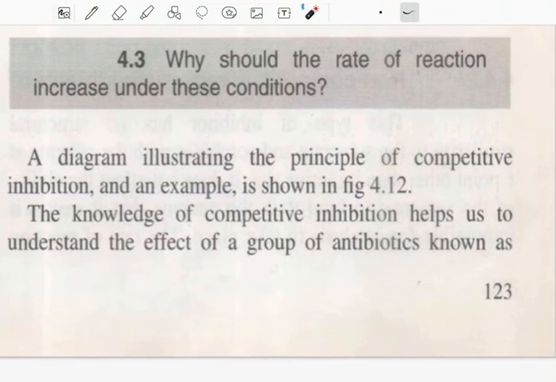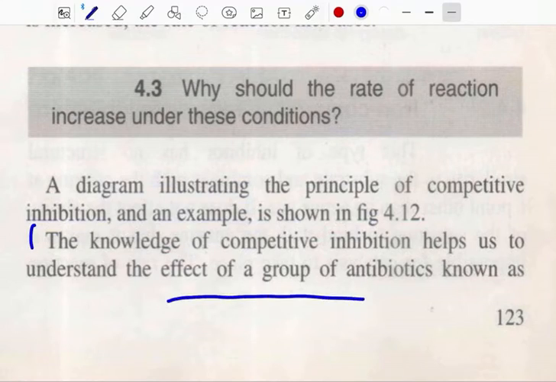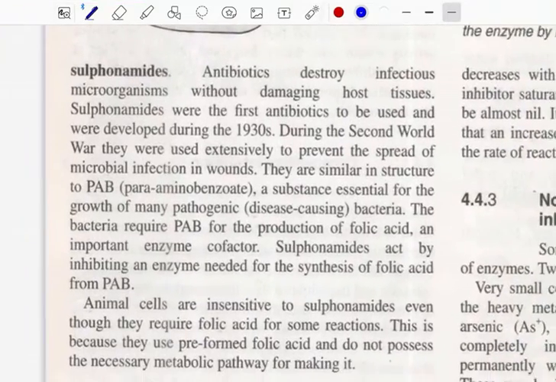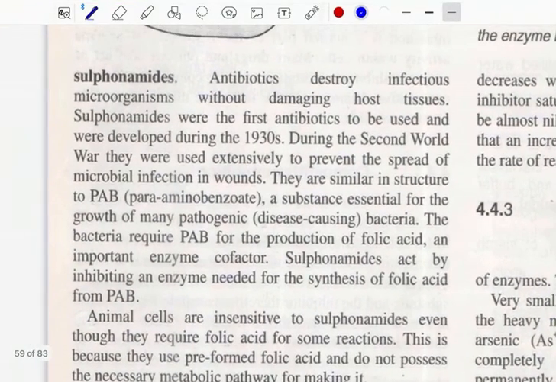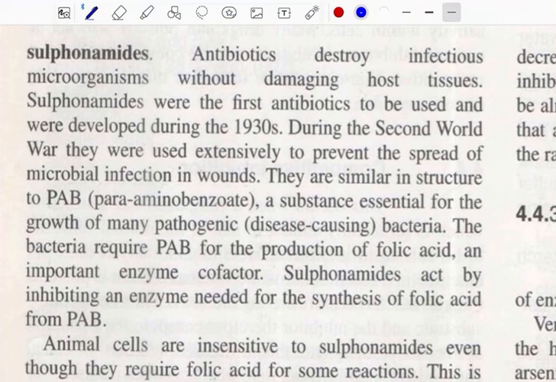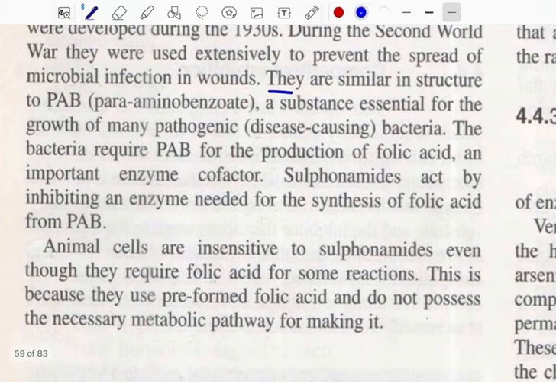The knowledge of competitive inhibition helps us to understand the effect of a group of antibiotics known as sulfonamides. Antibiotics destroy infections without damaging host tissues. Sulfonamides were the first antibiotics to be used and were developed during the 1930s. Okay? They are very similar, yani sulfonamides are very similar to a structure or a compound which is known as